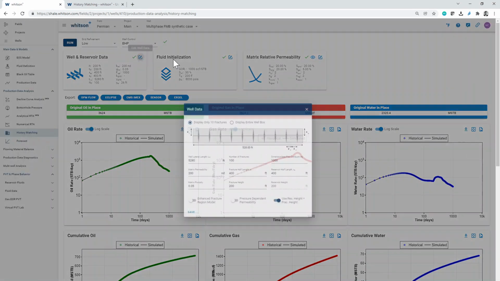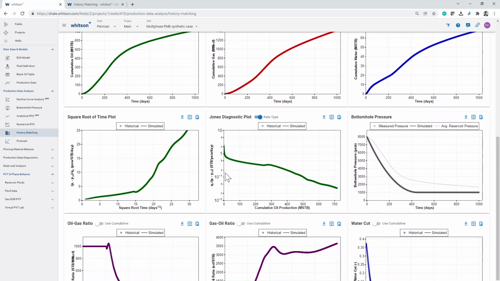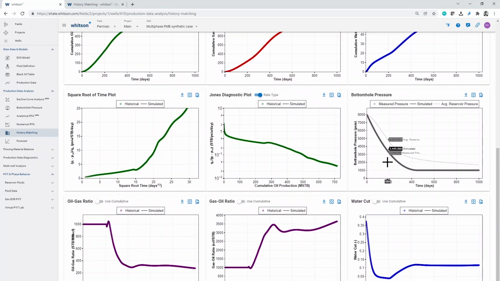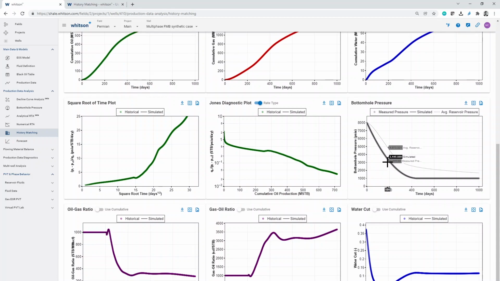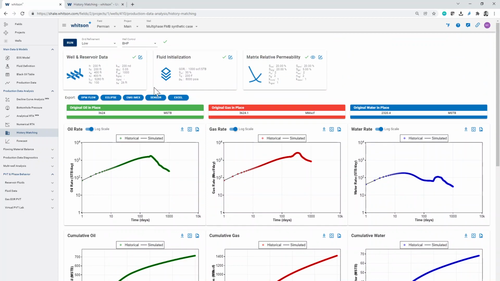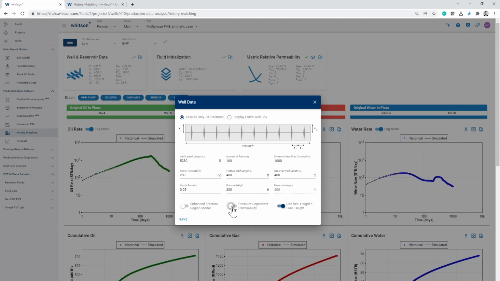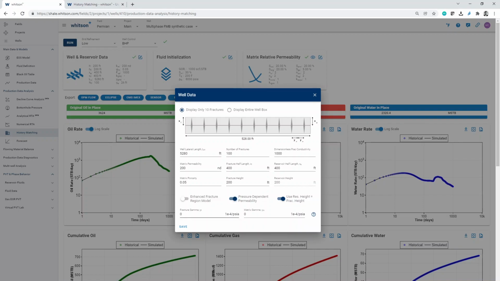But going back to this, here we have a case which is synthetic. This is a synthetic case, two-phase or three-phase flow with a numerical model, and we'll see what happens when we introduce this pressure-dependent permeability. And what we'll do in this video is to check what's happening with pressure-dependent permeability when we only introduce it in the fracture, and then we'll check later when we introduce it in the matrix, and then we'll take a